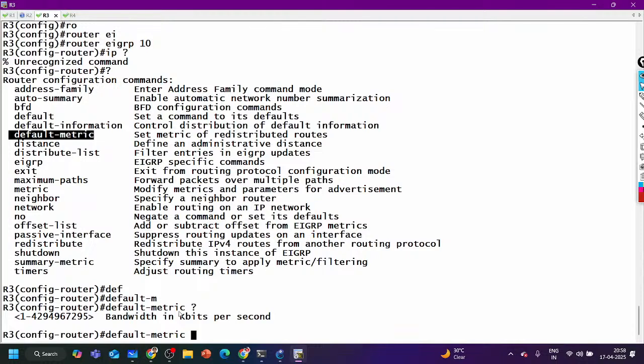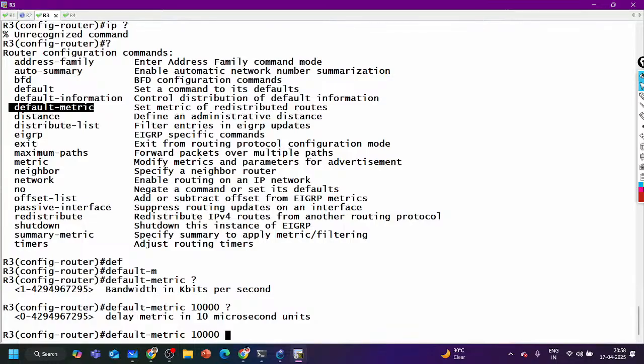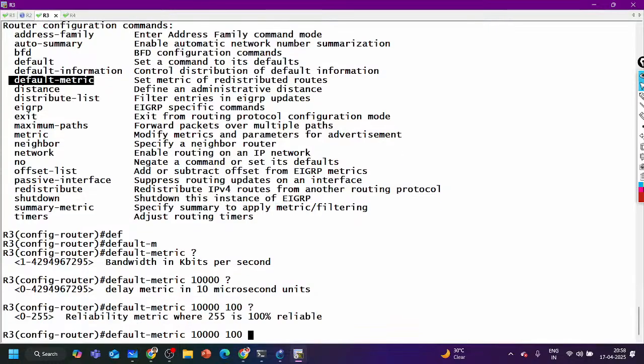By default, when we redistributed static and connected into EIGRP, we didn't define the K values, so my router used the default one only, and here we can change that default. Now I can say your bandwidth should be this one. Delay should be 100.